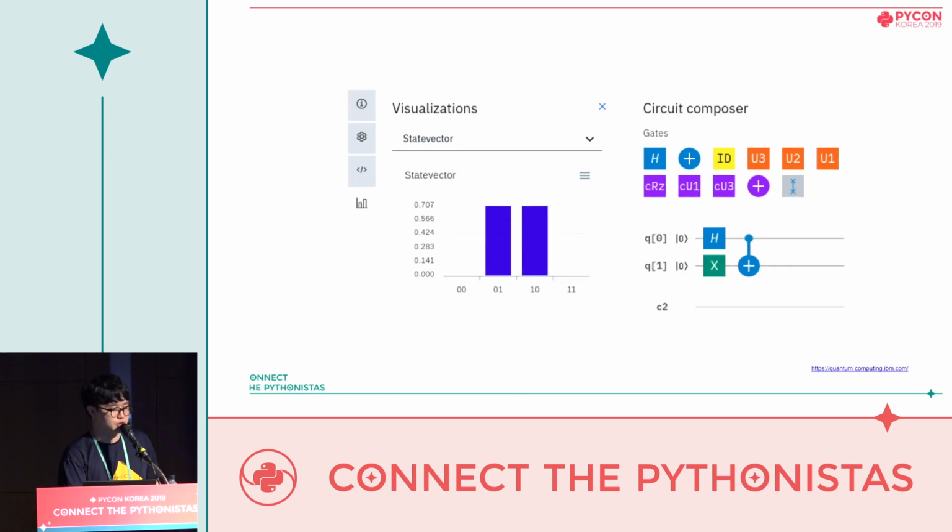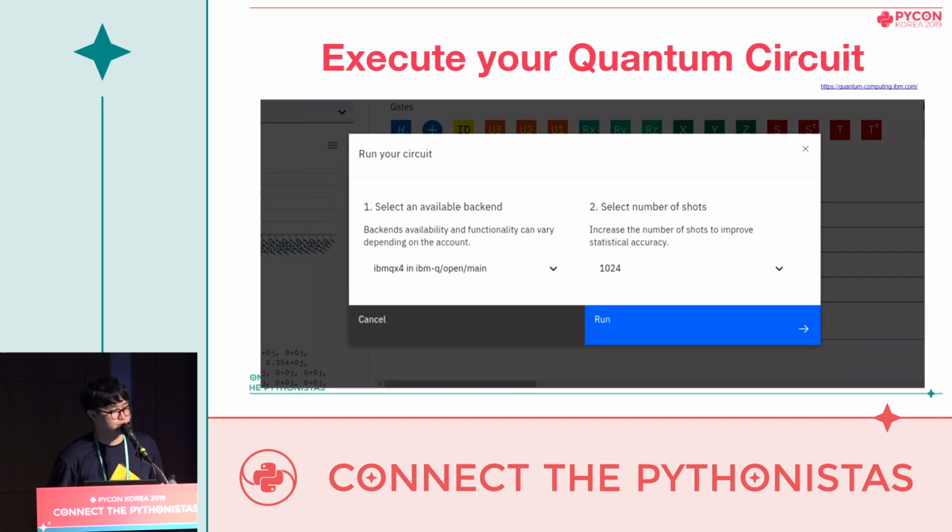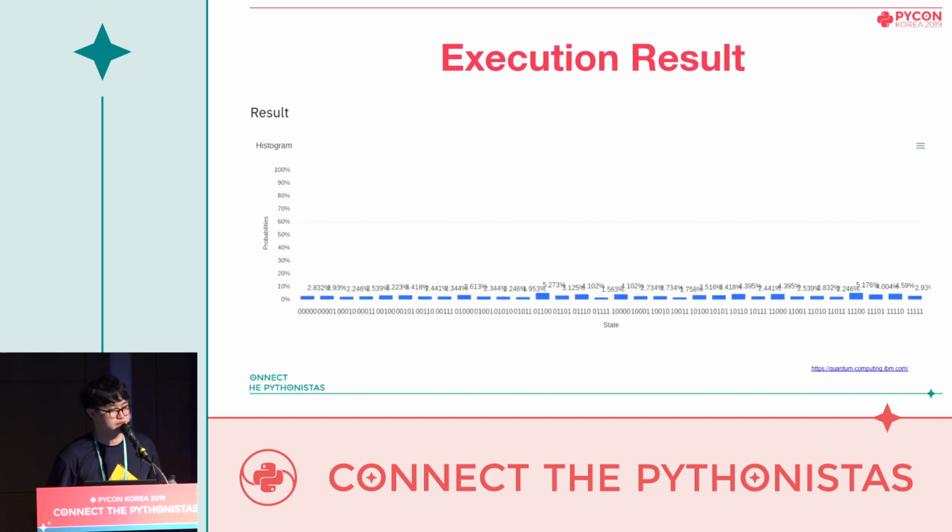This circuit uses a Hadamard, NOT, and a CNOT gate. Note that even though the Hadamard gate is not applied to the second qubit, the outcome shows that the second qubit also changes. This shows that these 2 qubits are entangled, as the state of the first qubit affects the second qubit. And you can also compose a more complicated circuit in IBM Q Experience and execute it on a real quantum computer in IBM and get a result.